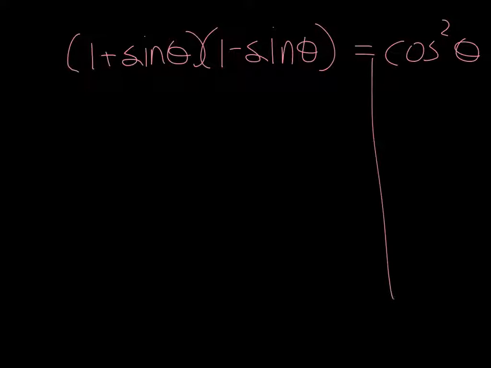I want to work on the left-hand side and make it look like the right-hand side. So what do I do when I have two things I multiply together? FOIL. And this is easy because it's the difference of squares. So we have